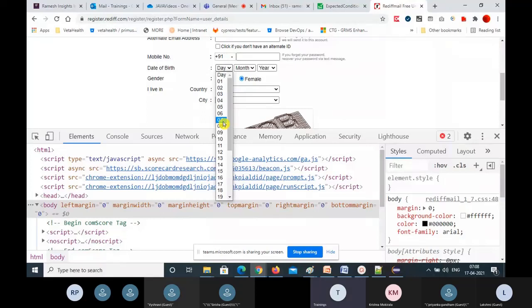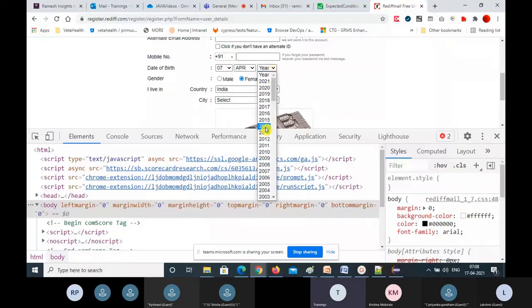Using that option, you have to write a reusable method and call that method to select from 3 drop downs, 3 options you have to select: your day, month, and year. But only one method you have to write. You should not write that entire thing repeatedly. Identify the drop down, each drop down is different, fetch all the drop down options, then use a for loop. That concept I told you. You create that entire code in one reusable method.